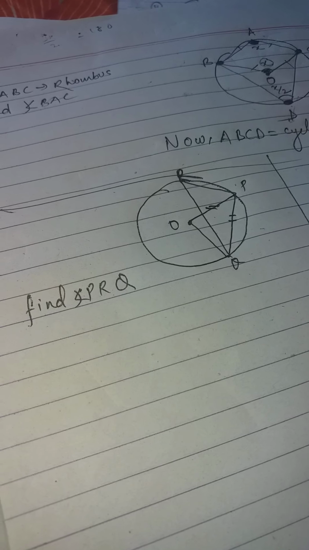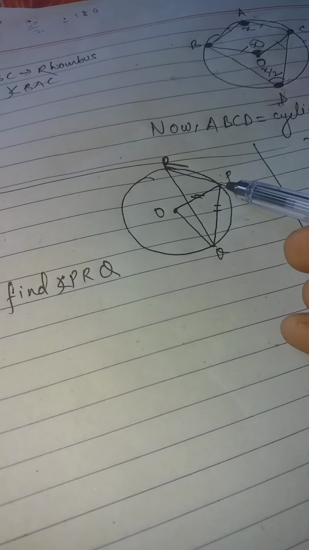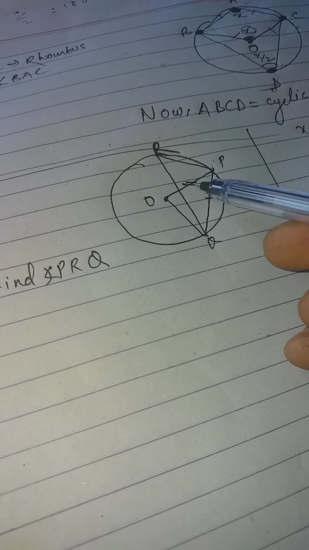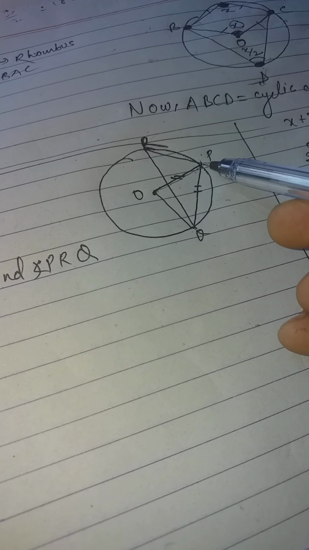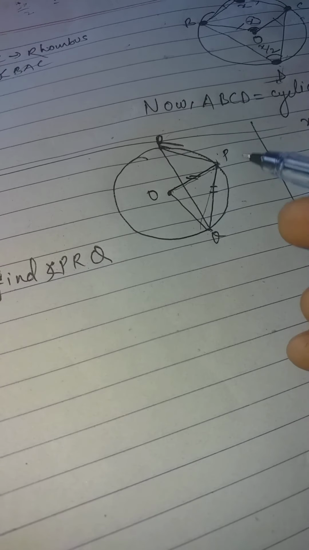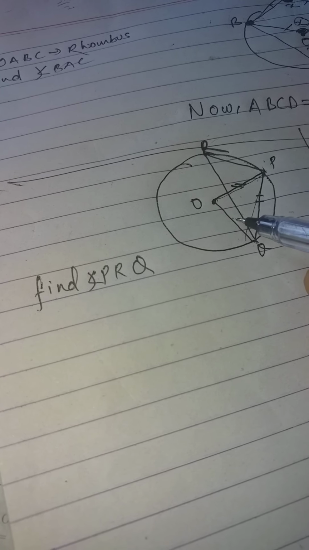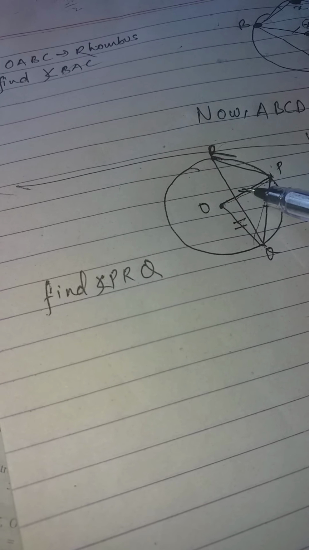Okay, let us focus on this question. We are set to find the angle PRQ. This is P, this is R, and this one is Q. Can you see this? Yes. And we have been given that OP is equal to PQ. OP, this one, is equal to PQ, yes or not? And you can see that this one and this one are the radius. This one and this one are the radius. So this one is also equal. So see here, all three sides are equal.